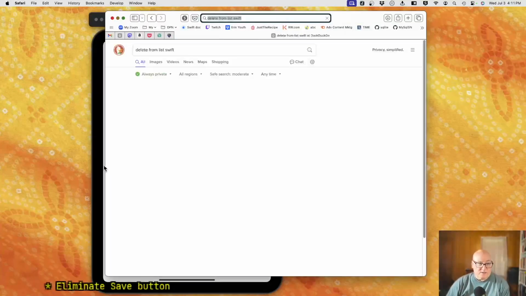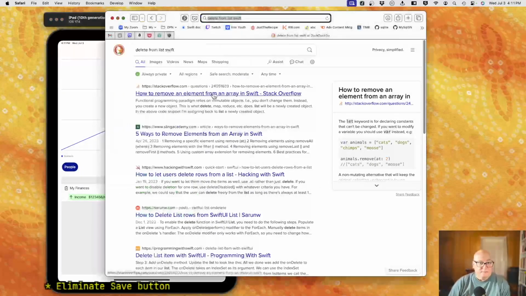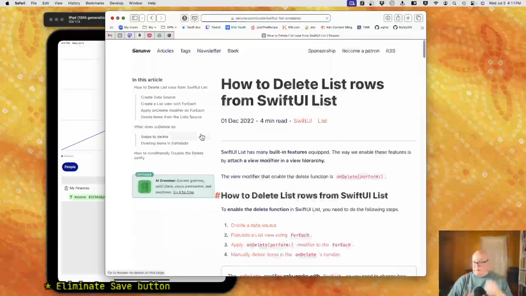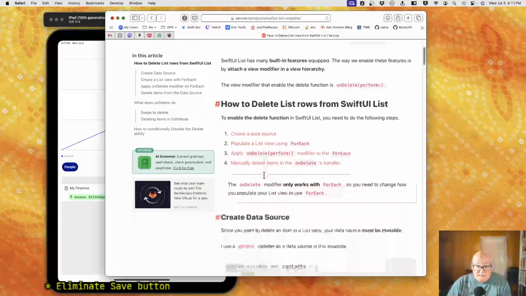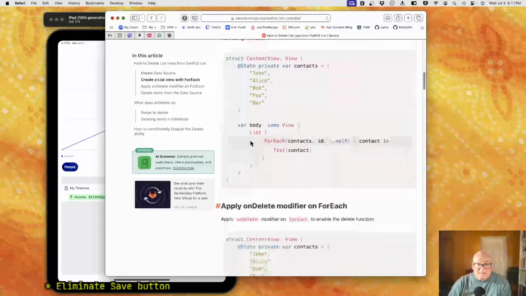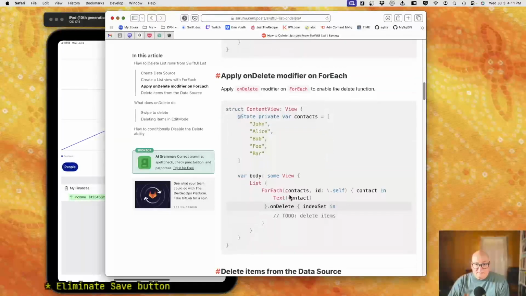And I don't know if it works on this outline group thing either. List row from, yeah, you don't have to do a lot. Yeah, just on delete. Yeah, just after, oh, it's on the for each. Who knew?